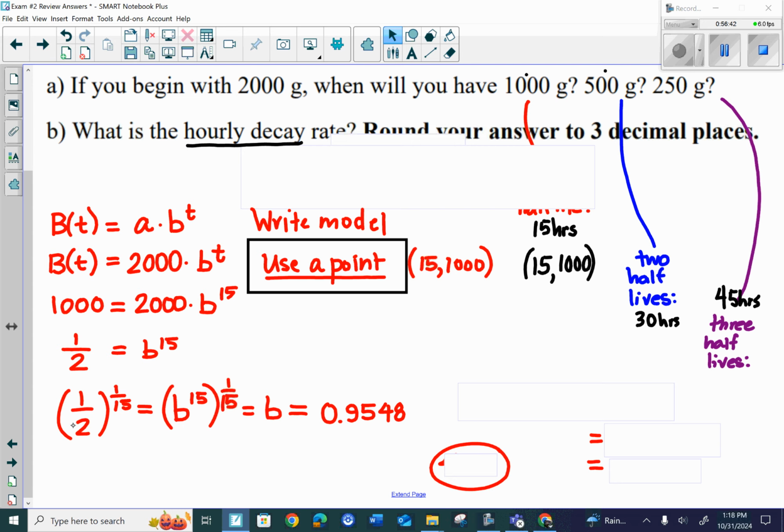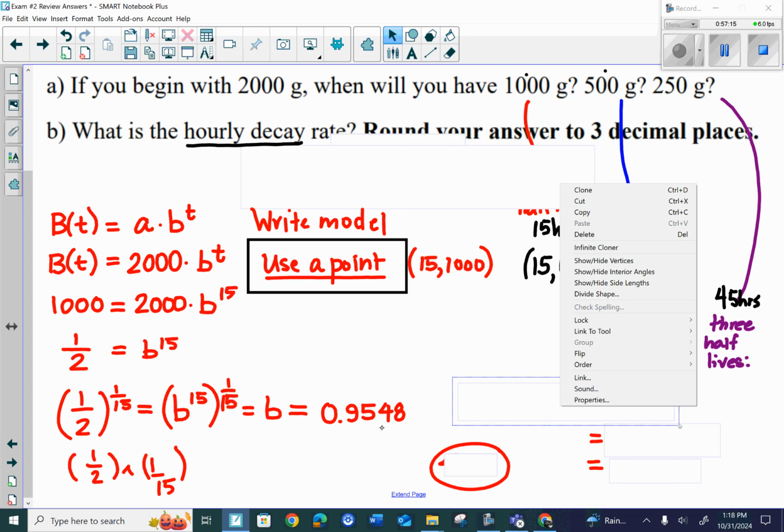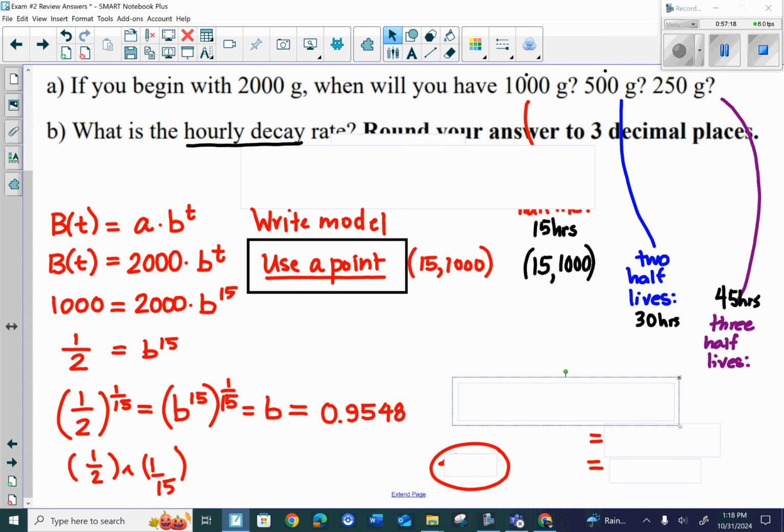And I get 1/2 to the 1/15th, and please make sure you do that really carefully. I would write it to make sure that whoever's reading it on your exam can see that you know mathematically what you're doing, because then there's also the little problem of making sure you know how to enter it in your calculator, right? So I would use parentheses very carefully. So 1/2 raised to the 1/15th. And you get a b-value of 0.9548,